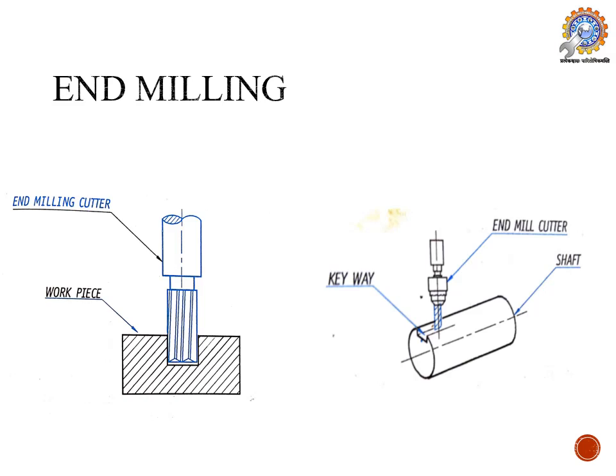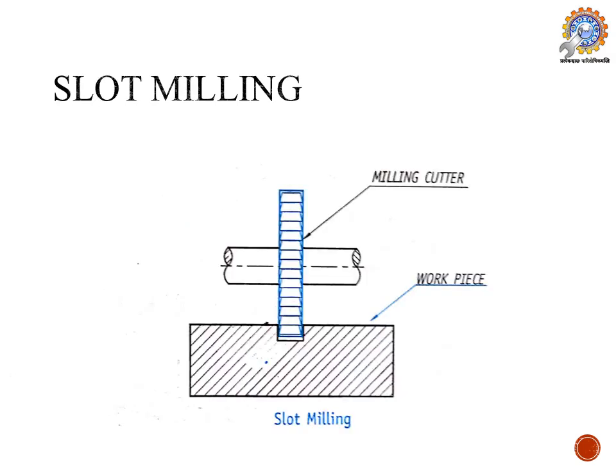For making this end milling or slot milling operation, we are supposed to go with the vertical milling machine. Now, how to perform the same slot milling operation by a horizontal milling machine? We need to have the cutter connected to the arbor of the spindle of the horizontal milling machine, and we need to rotate it in the proper direction.